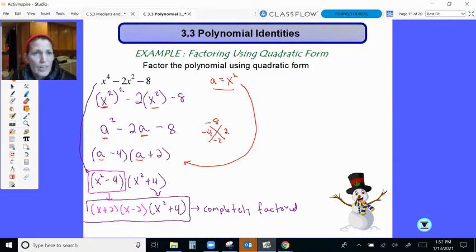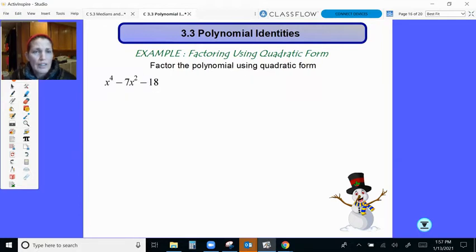Okay, so we can do that for this next one. Instead of using the substitution method, we'll just say, hey, I've got a quadratic form here. I know this power of 4 and this power of 2 is half of the 4, so that's a quadratic form. So I'm just going to factor negative 18. Factors of negative 18 that add up to negative 7. Oh, I jumped ahead of myself. Negative 7 is going to be negative 9 and a positive 2. So I know that that's going to be,